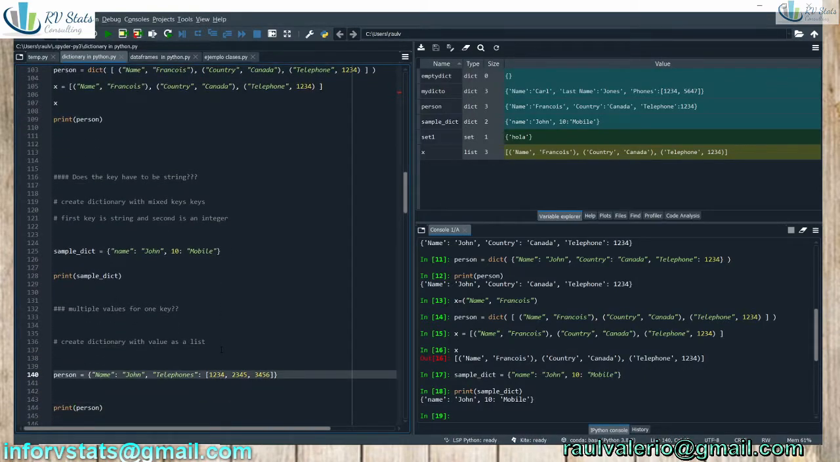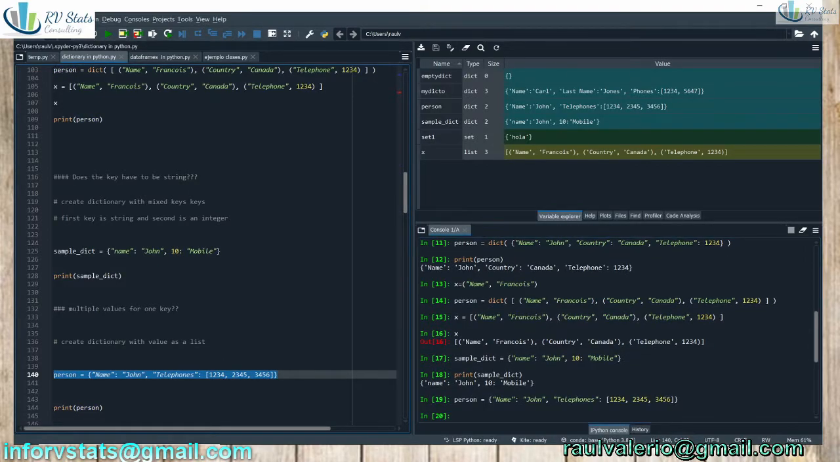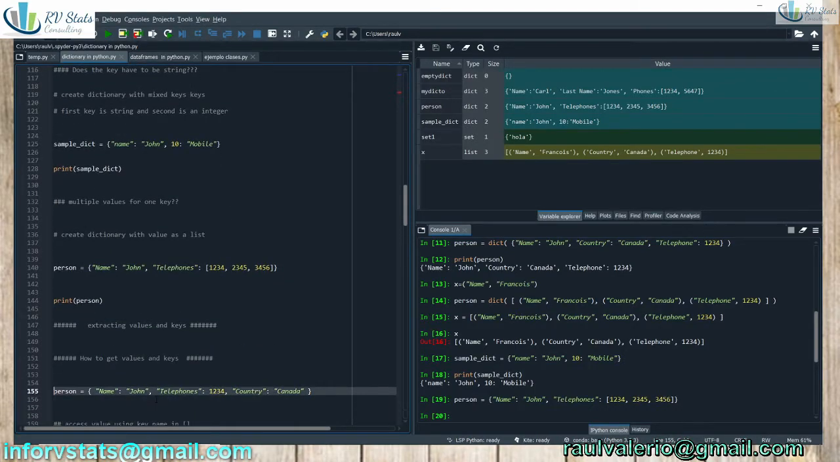We saw that we can use multiple values for a key. As you can see here, multiple values, not only two. How to extract values and keys from our dictionary, because this is the important part we need to know for mapping. We have three different keys, name, telephones, and country. Three different values, John, 1, 2, 3, 4, and Canada. How to extract